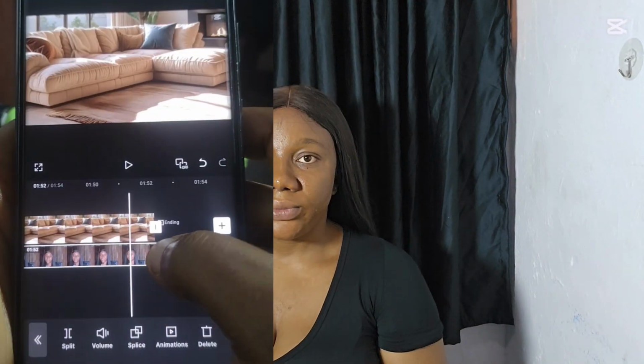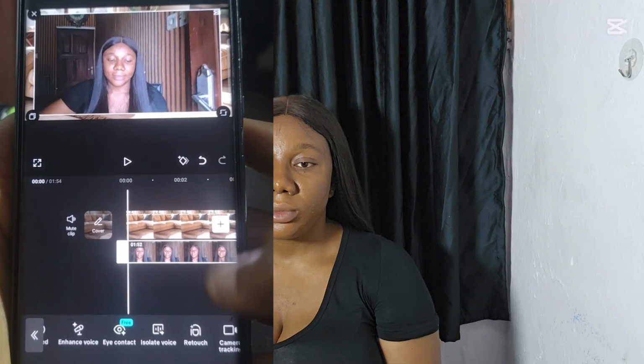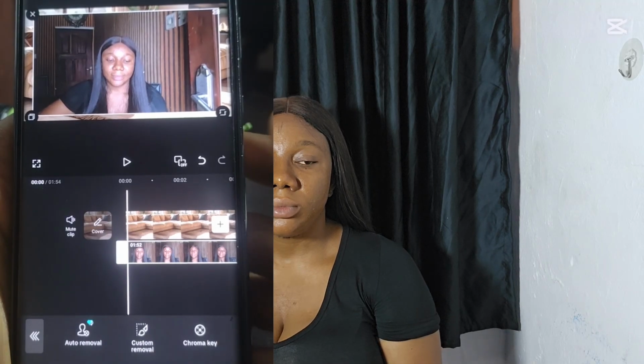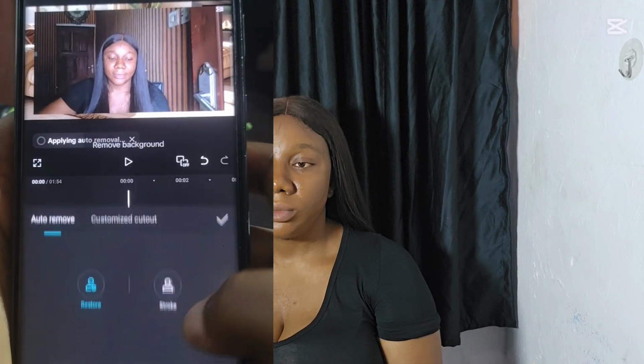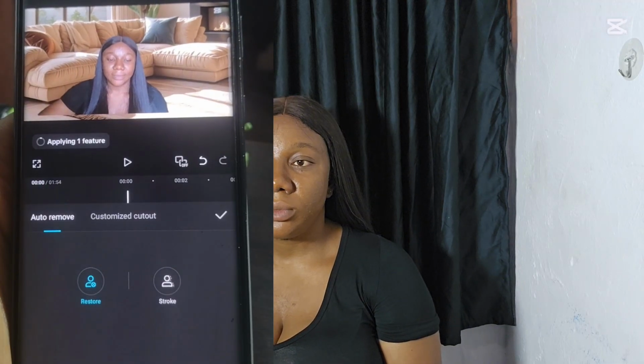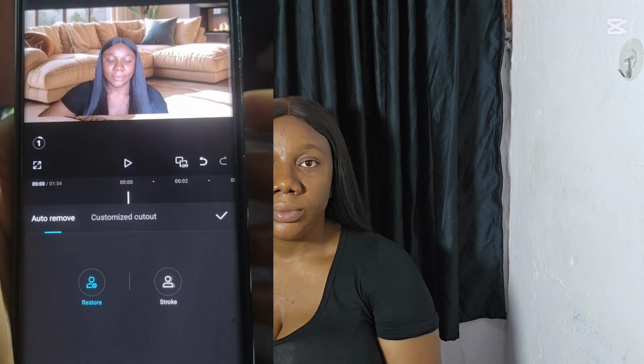Okay, so what you're going to do here is, you go and start searching for your background. Okay, so you search for your remove background. So you can see remove background here. Click on your remove background and then go to auto background remover, right? So once you click on your auto background remover, then you click on